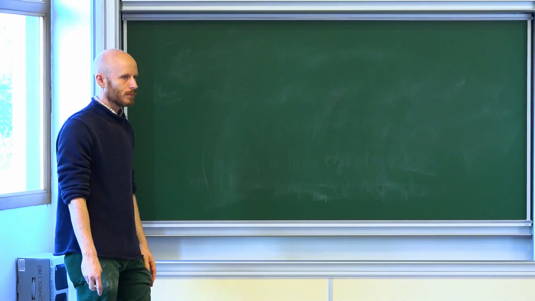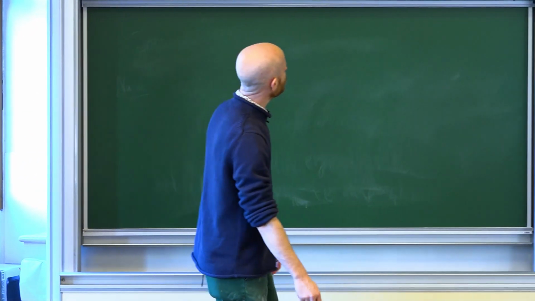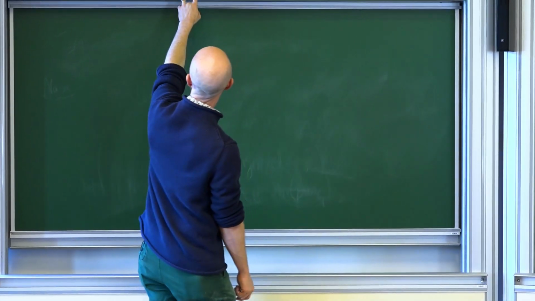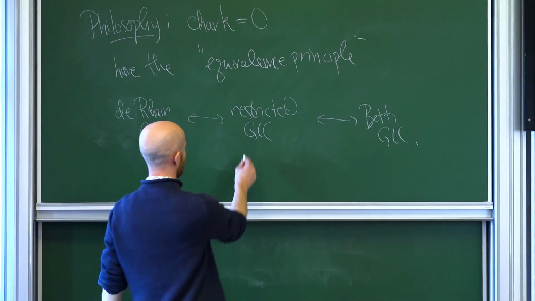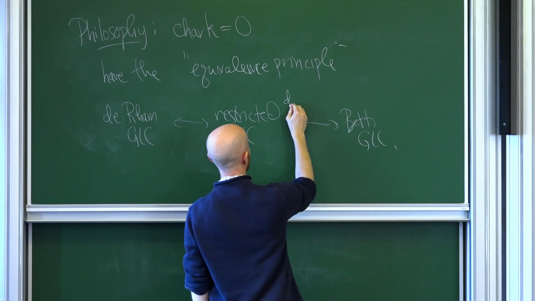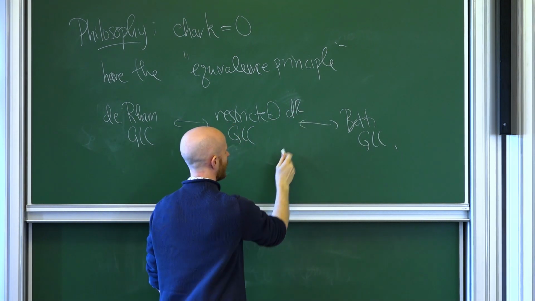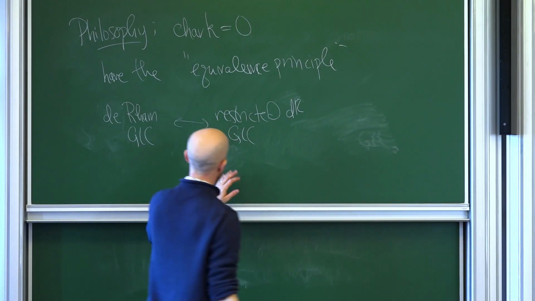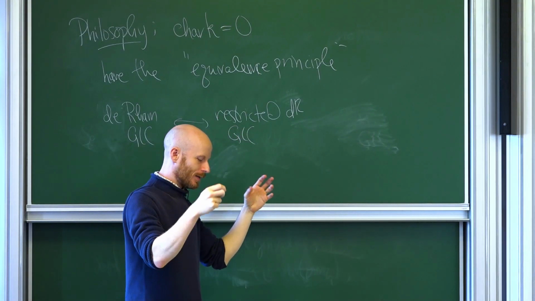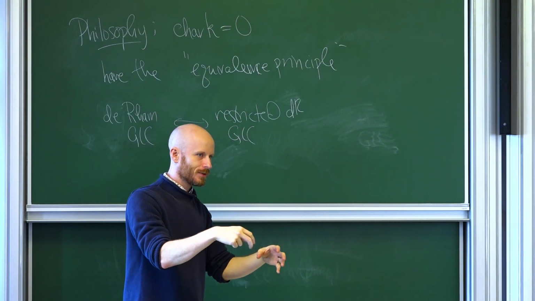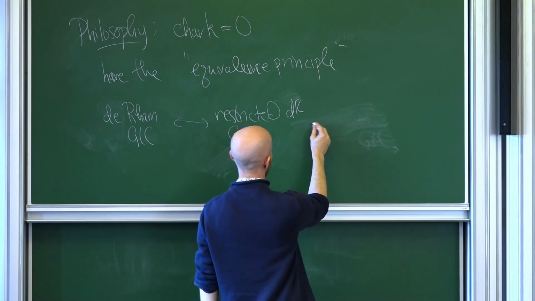And how does the étale relate to it? So étale in characteristic 0, I guess I'm being a little bit sloppy here. When I talk about restricted, I'm dealing with some notion of constructible sheaves or something. So this restricted de Rham geometric Langlands conjecture, maybe a better way to say this, is that